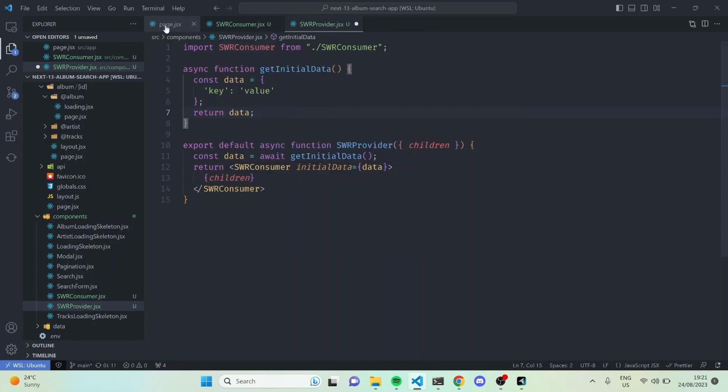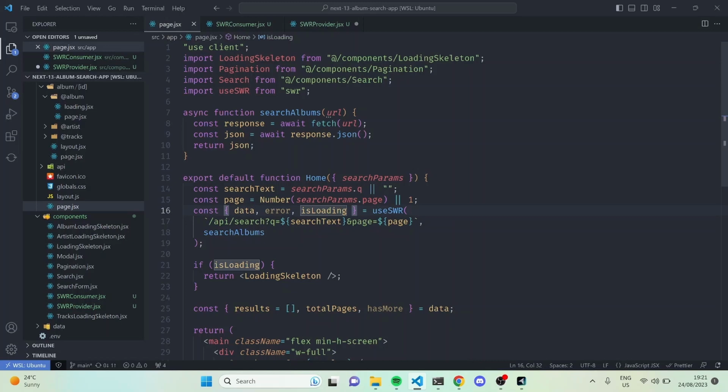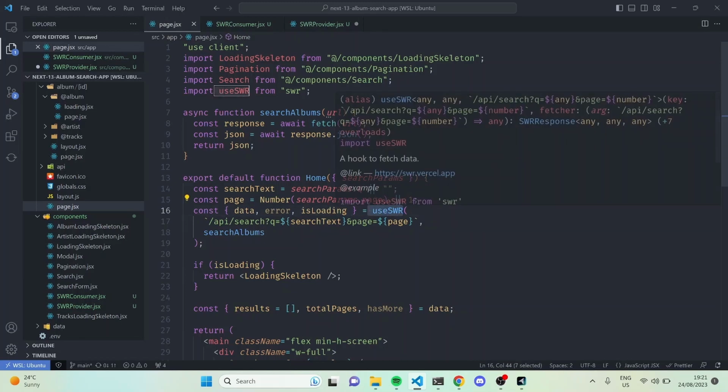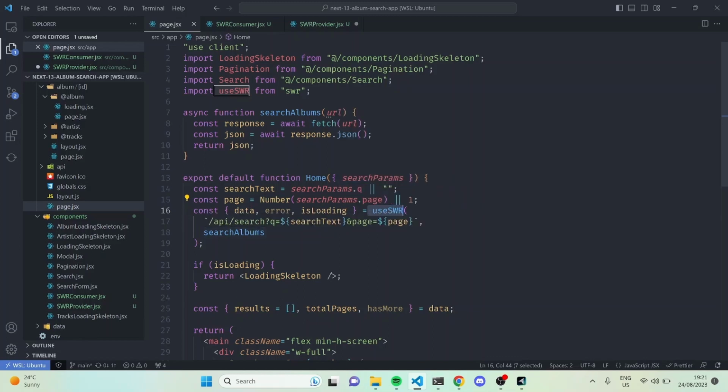If you look at the data fetching function, or the call to the useSWR hook, it accepts two props: the key and the function that will do the data fetching. The key is very important because SWR will use the key as a lookup to check its cache and see if the data you're trying to get is there. If you provide a new key, it will fetch the data afresh from your data fetching function and return it. But if you had already fetched the data, then it will just get it from its cache and